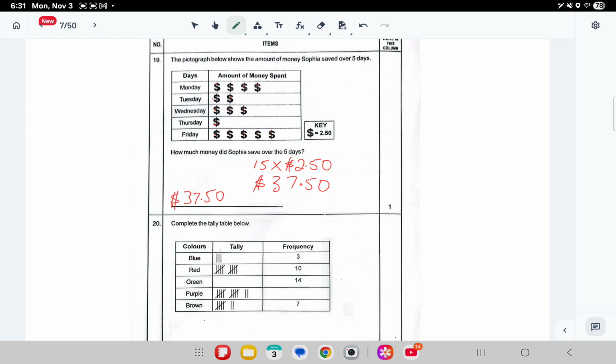Number 20, they said complete the tally table below. For green, the tally is missing. We know the frequency is 14. So that's 1, 2, 3, 4, 5, 6, 7, 8, 9, 10, 11, 12, 13, 14. Then we count this. 5 add 5 is 10, add 2 is 12. Alright, and that's it